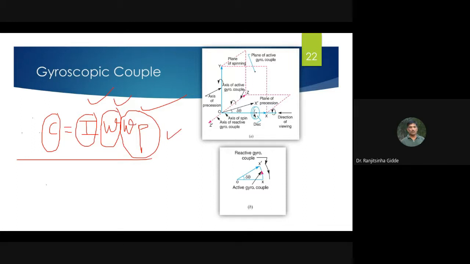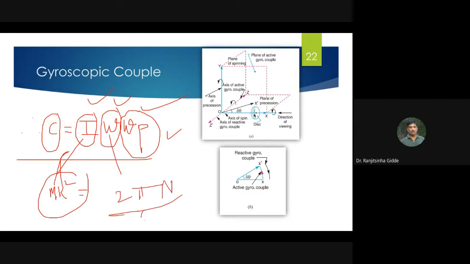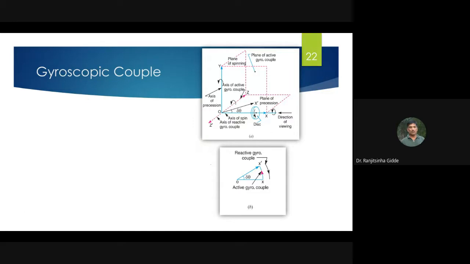So this is the important formula. Mass of the disk is given, sometimes this is mk square. Mass is given, radius of gyration is given, then we can calculate this I. How to calculate omega? 2 pi n divided by 60. How to calculate this? d theta by dt or v by r. That is another formula. So next line, I will show you.